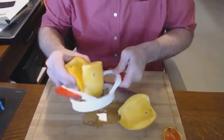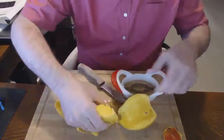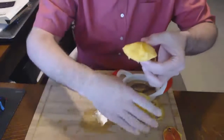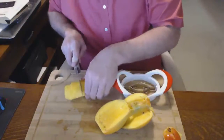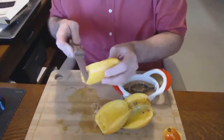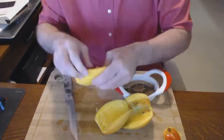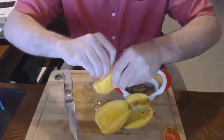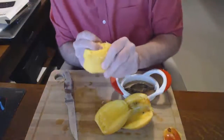And there you have it. You have some amount of waste just because you've got this fair amount of flesh around the pit, but as I said, there's no really convenient way of removing it without cutting around it. So to give you a sense, hoping I don't cut my own hand off here, of how much flesh is still on here. And as you can see, without a pitter, it's just very hard